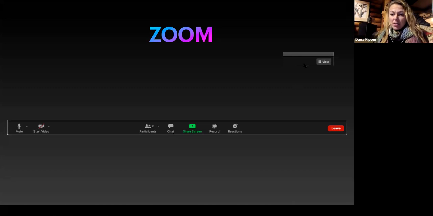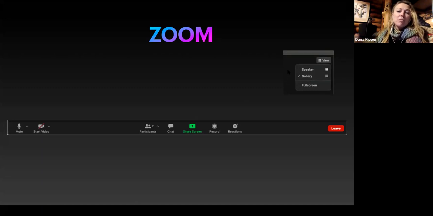I did want to point out also, typically, again, depending on the device you're using, you might see a little button called View. For me, it's up in the top right-hand corner of my screen, and if you hit that, you can see different views. You can basically make the speaker bigger, which I typically leave on gallery, and you can see more people. When Mary and I have slides up, you'll still be able to see some people, but not as many, or you can just see the speakers. So that's how to do that.